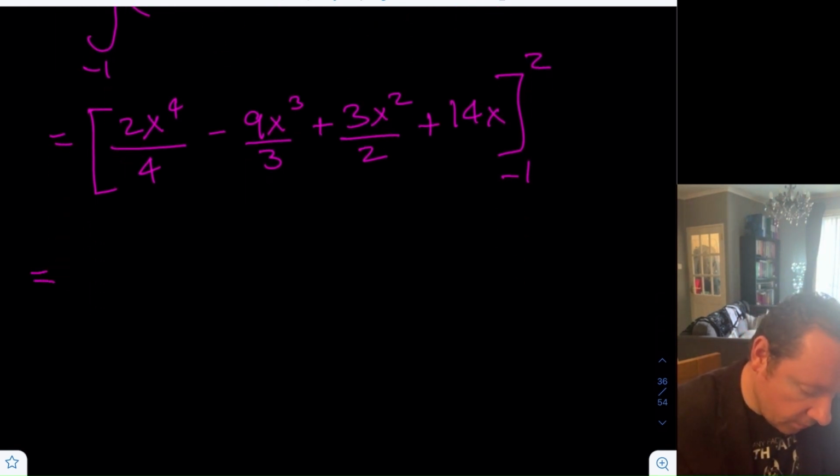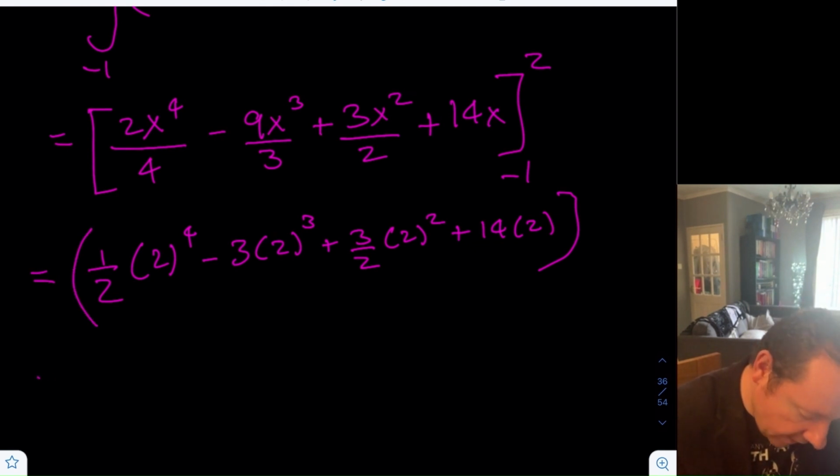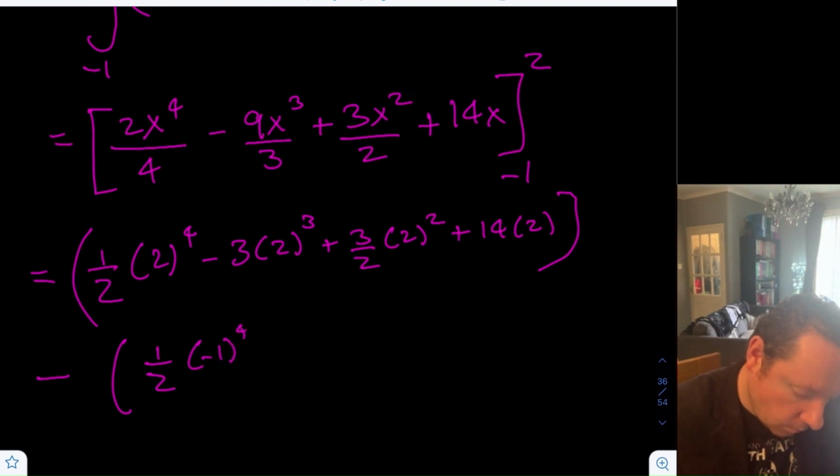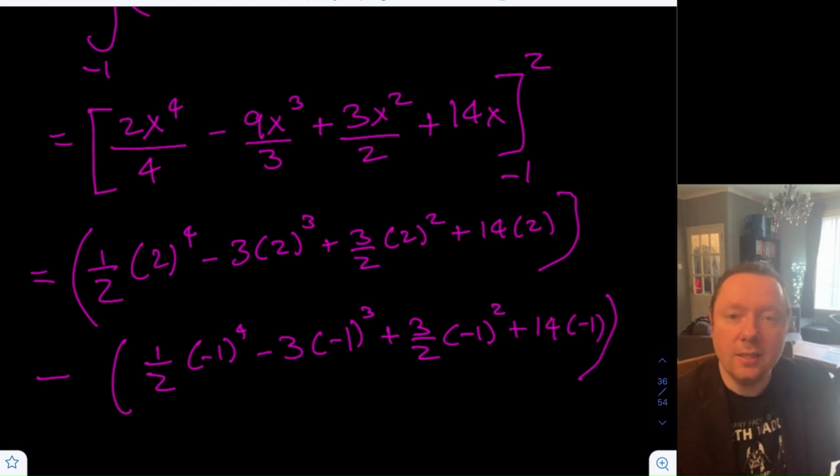So tidying this up, that's a half of 2 to the power of 4. 9 divided by 3 is 3, so that's minus 3 times 2 cubed, plus 3 over 2 times 2 squared, plus 14 times 2. So that's our first one, big brackets around it, minus our second one, so that's a half, minus 1 to the 4, minus 3, minus 1 cubed, plus 3 over 2 minus 1 squared, plus 14 times minus 1. And quite often after this point it gets a little bit messy, but you're getting another mark